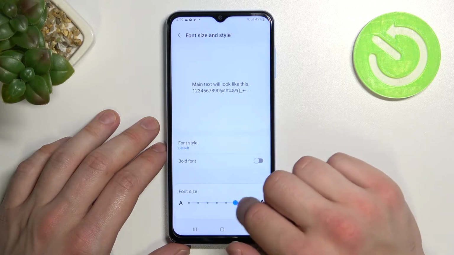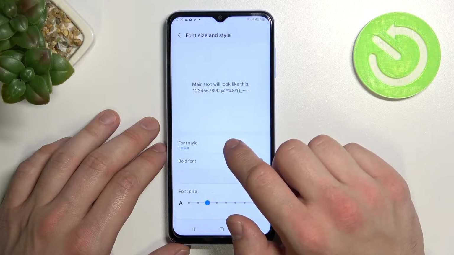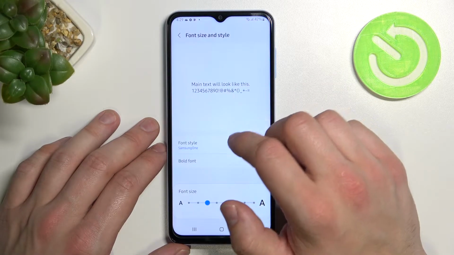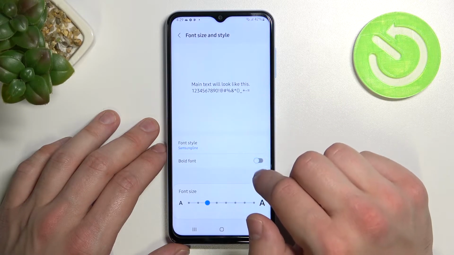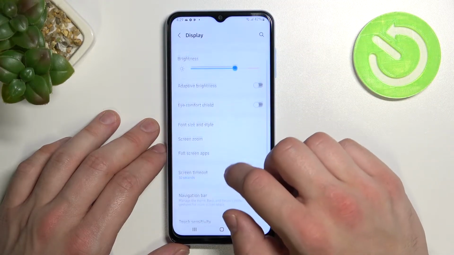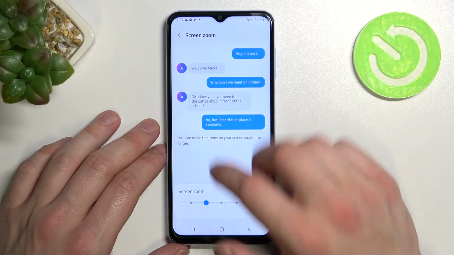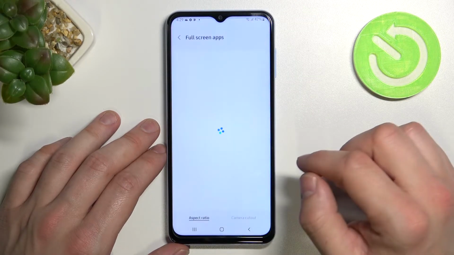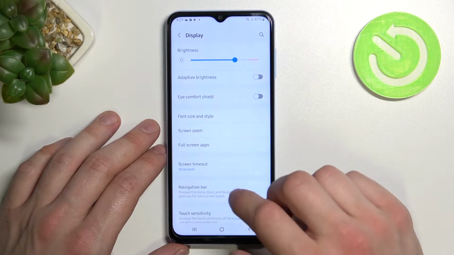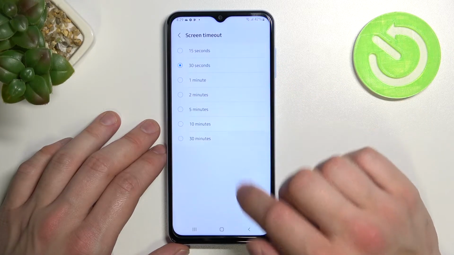change font size and style, enable bold font and disable it. Then you can change screen zoom, manage full screen apps for aspect ratio and camera cutout, change screen timeout between 15 seconds and 30 minutes,